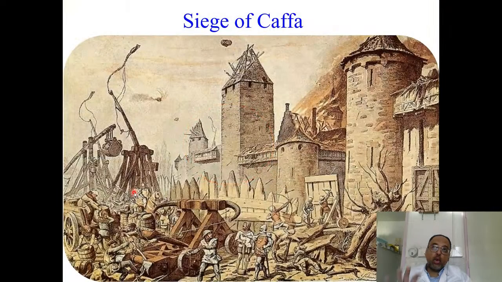This act of throwing the corpses of dead people inside the city during a war, some people call it the first documented example of biological warfare. Biological warfare, you hear about it in different news media or different resources. It's a relatively modern concept after the scientists discovered that microorganisms exist, and some of these microorganisms, like the one that causes anthrax, for example, can be spread easily. So some people used it for bioterrorist attacks.